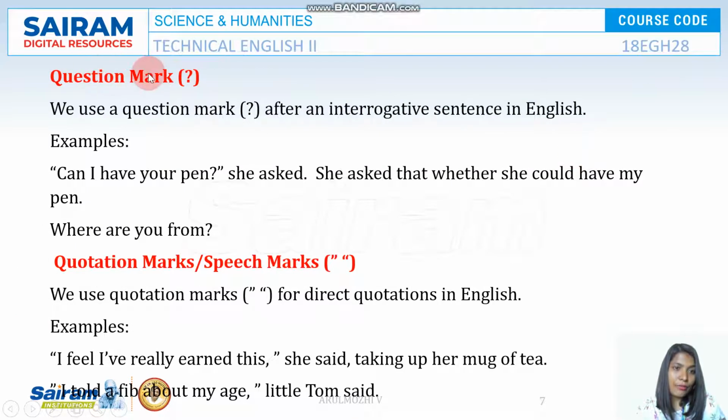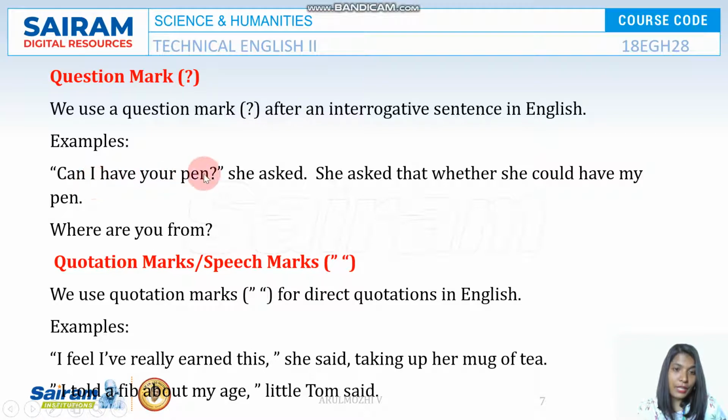Next one, question mark. Whenever you ask a question, there should be a question mark at the end. After a question mark, you don't need to have any marks. Okay, question mark itself ends a sentence. What are the things that end a sentence? It can be a question mark, full stop, but comma cannot end a sentence. It means something is still going to continue.